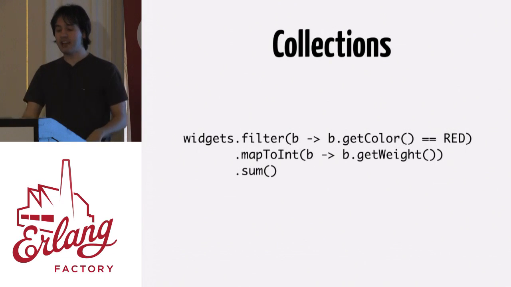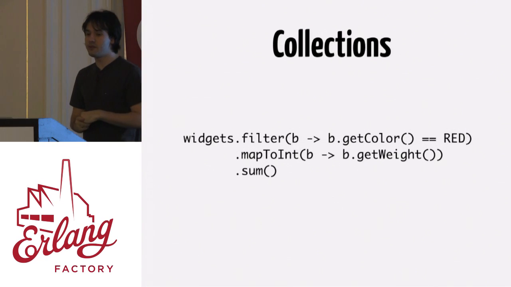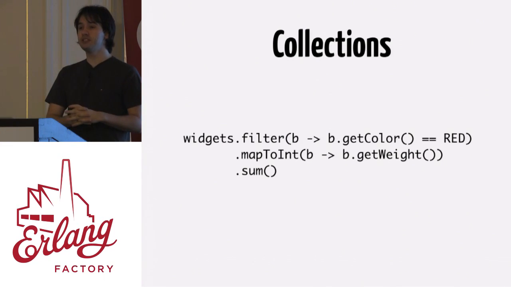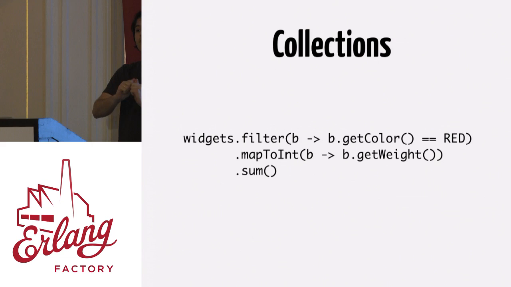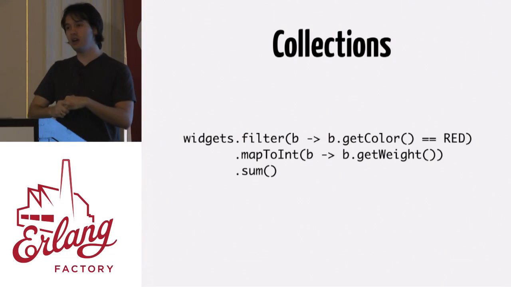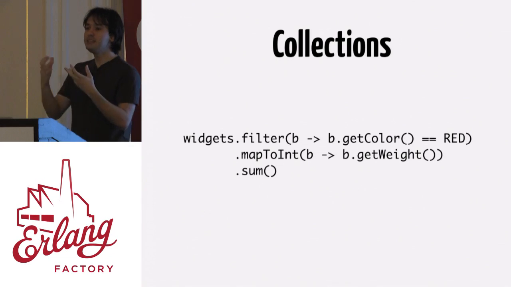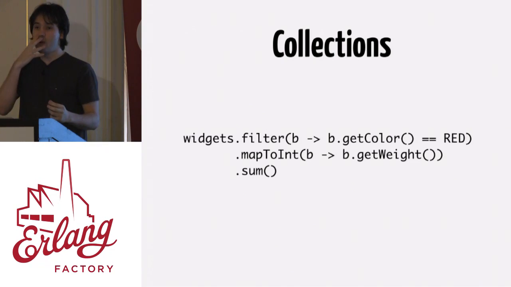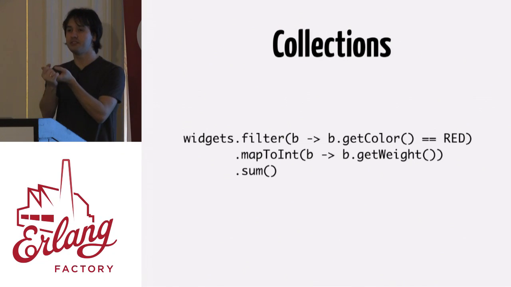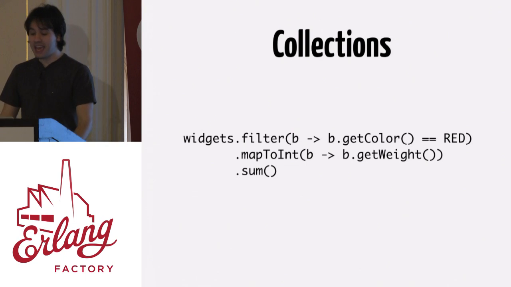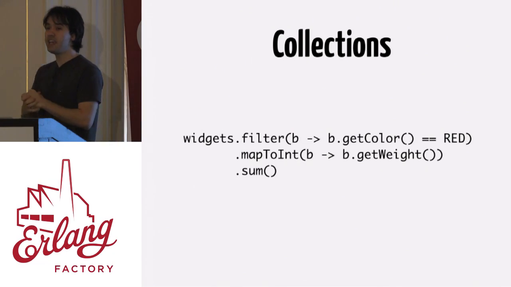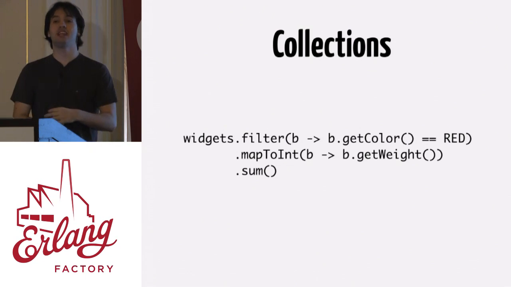One of the things I first noticed when I started working with Erlang, again when it comes to data types, is collections. Erlang does not have this idea of collections. We have a bunch of data structures, like sets, lists, arrays, queues, but we do not have a unified way to look at them and say those are all collections. This is very common in a bunch of functional programming languages, and it became actually fantastic in Java 8.